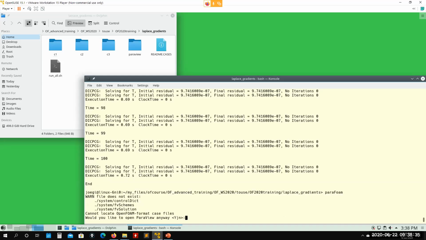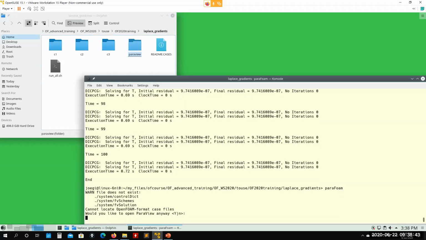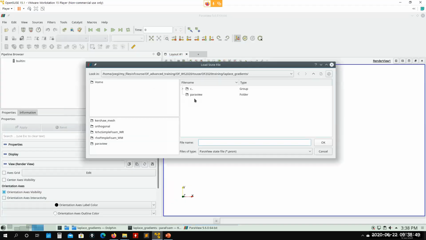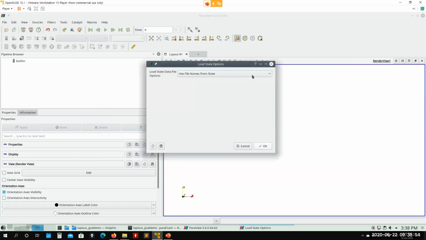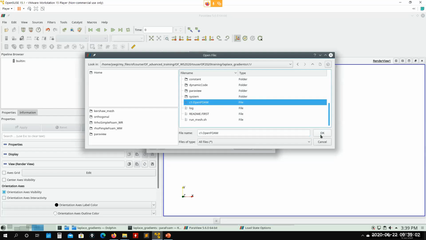So let me launch ParaView. Also, when you see the folder ParaView here, it means that you have a state that you can use to reproduce the same visualization I am using. So if I go here, load state, ParaView, you load this state. You need to, oops, sorry, you need to choose the files now where the case is located. So I will choose this here,